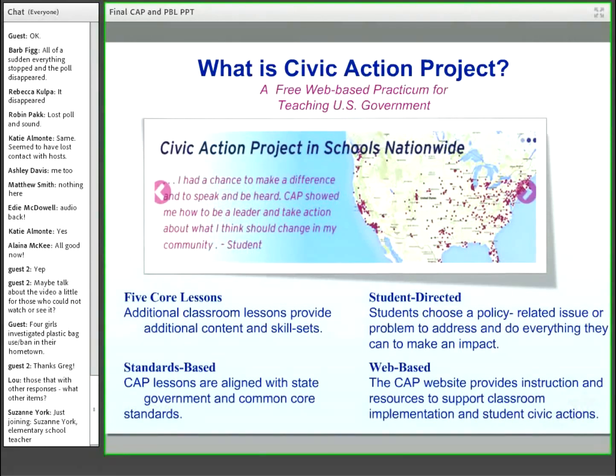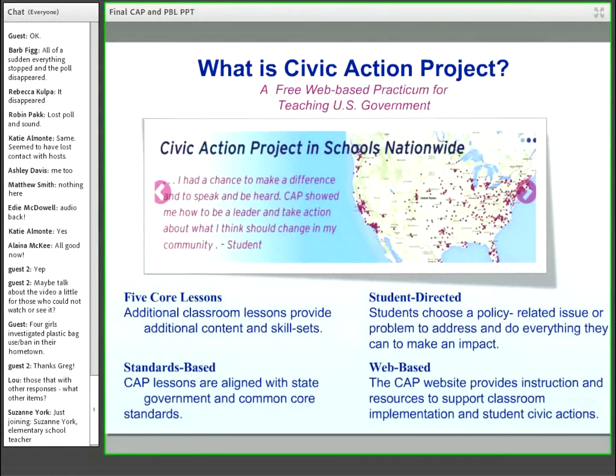All of the coaching that the students will need, and any of the tips or resources they're going to need to develop their project, they can find on the CAP website. And we'll show you some examples of what I'm talking about in just a few minutes. And as I mentioned already, and you've probably noticed, it's web-based and it's free. So everything that the students need, or anything that the teacher needs to implement CAP in their classroom, is accessible